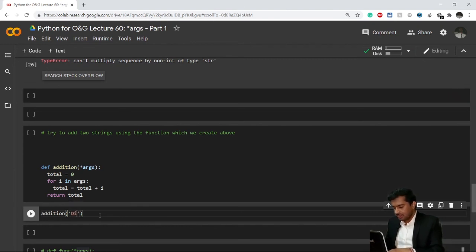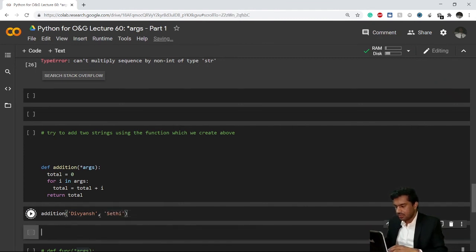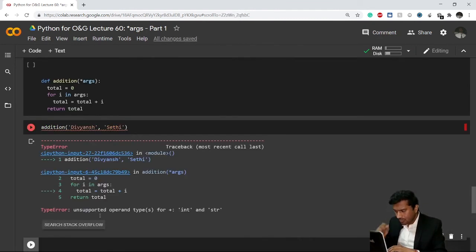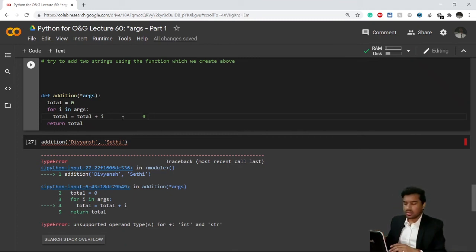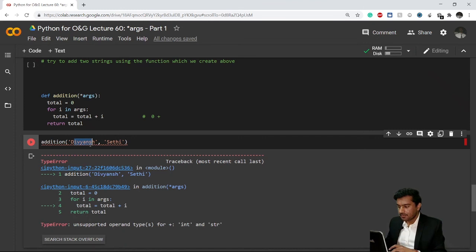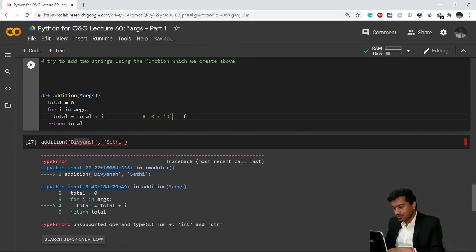So if I'm adding Divyansh and Sethi to it, this will give me an error. Let's go back to the code. Our initial value of total is 0, no doubt in that, because we have defined that. So the first value of i will get added to the 0, right? So 0 plus the first value of i in this case will be Divyansh. Basically I am adding 0 plus my string Divyansh.